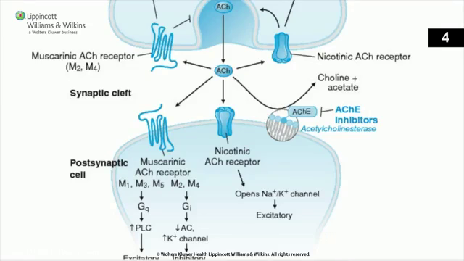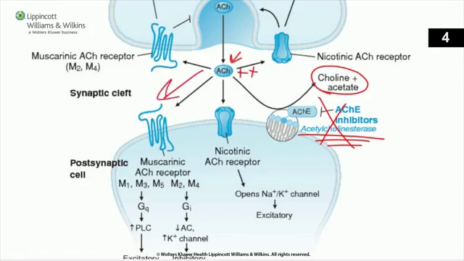Well, organophosphates act by inhibiting acetylcholinesterase. And acetylcholinesterase is found in the synaptic cleft, and its job is to break down acetylcholine. Now, if you look at a synaptic cleft, you'll see a bunch of acetylcholine hanging out, and it stimulates muscarinic receptors. Now, acetylcholinesterase is also present, and it's breaking down acetylcholine into choline and acetate. Now, if we don't have acetylcholinesterase, then we get way too much acetylcholine, and we get way too much stimulation